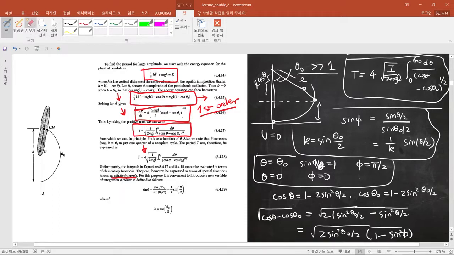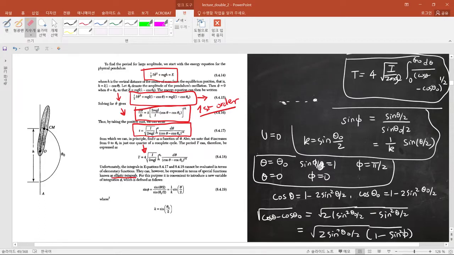Let me just go through this, and then you need the integral here. Take care of this d theta here. So you have from here,